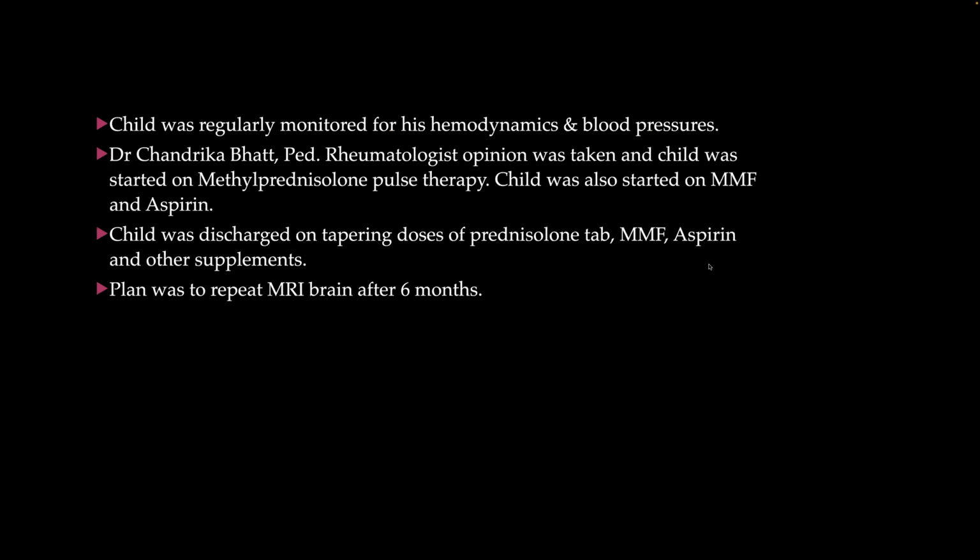So the further course: the child was regularly monitored for his hemodynamics and blood pressures in the hospital. Dr. Chandrika Bhatt, pediatric rheumatologist, opinion was taken, and the child was started on methylprednisolone pulse therapy. Child was also started on MMF and aspirin, and was discharged on tapering doses of prednisolone tablet, mycophenolate mofetil, aspirin and other supplements. And there was a plan for MRI after 6 months, which is